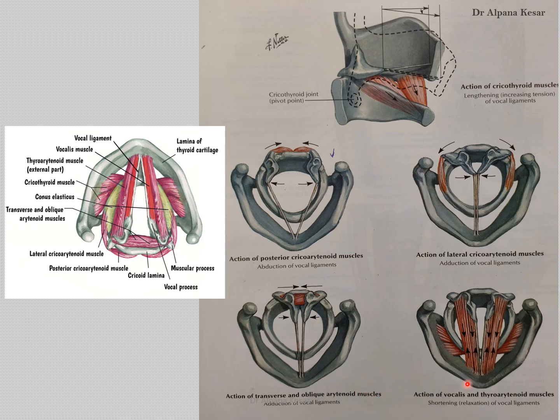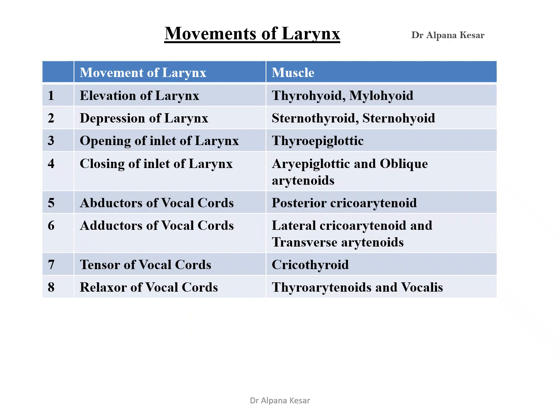This diagram shows the action of vocalis and thyroarytenoid muscles, which reduce the tension in the vocal cords. It makes the vocal cords loose or lax. Summarizing the movements of larynx,